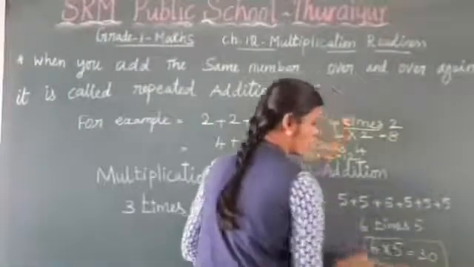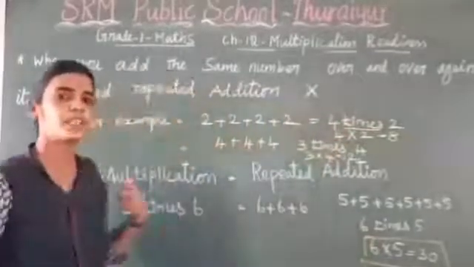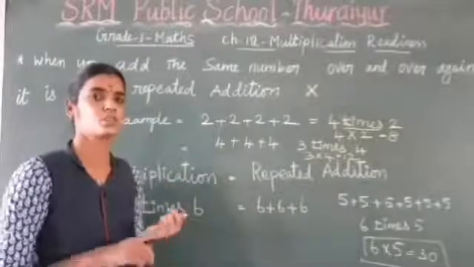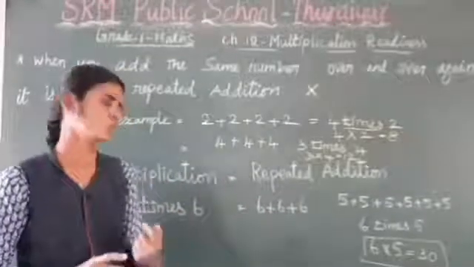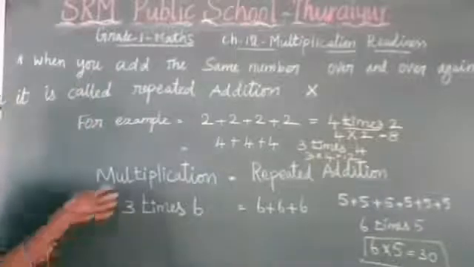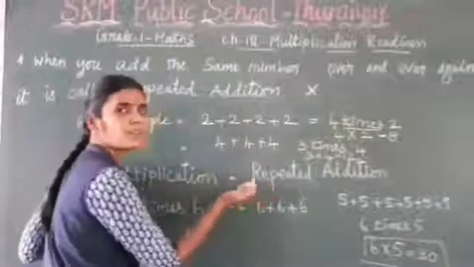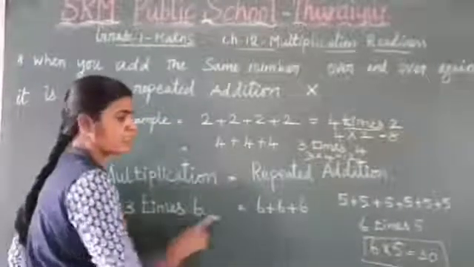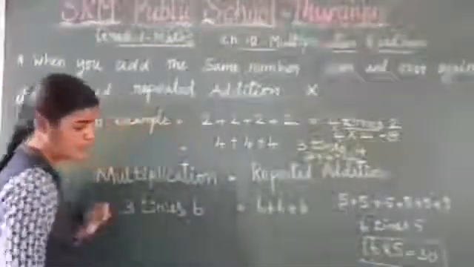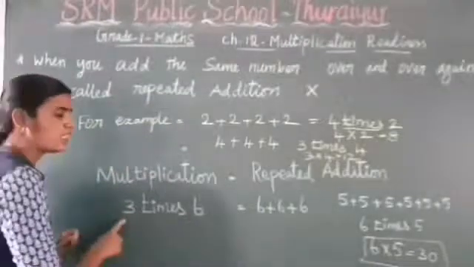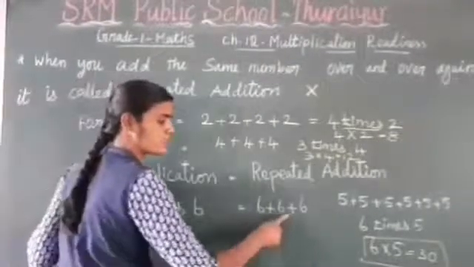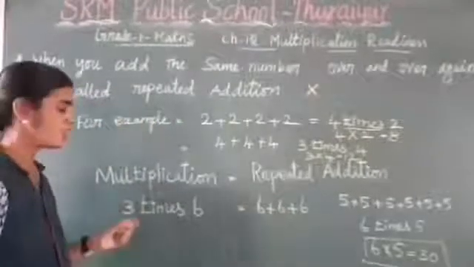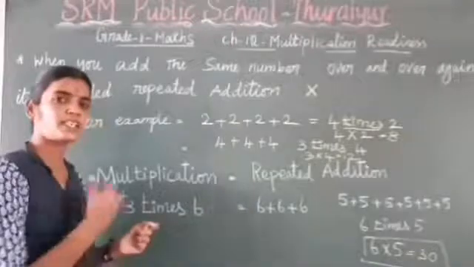So now we are clear about it. It is very easy to make a multiplication table using repeated addition for 2, 5 and 10. Okay, dear? See, multiplication is nothing but repeated addition. The same thing is written, but only the numbers are different. Here 6 times 5. Here 3 times 6. 3 times 6 means 6 plus 6 plus 6. Whatever number, that many times you have to write it.